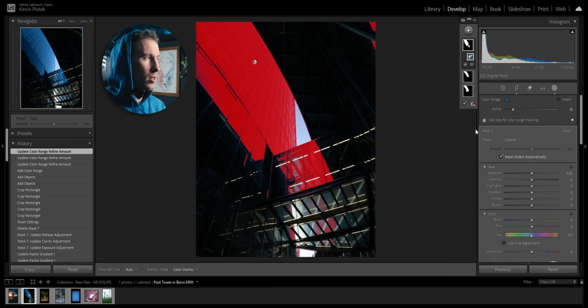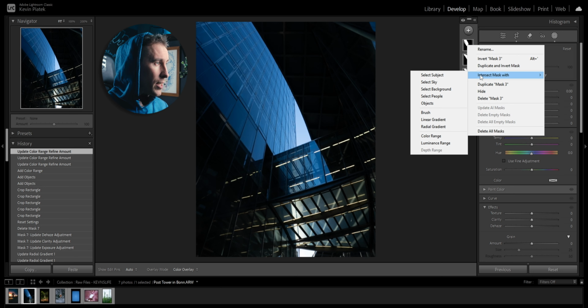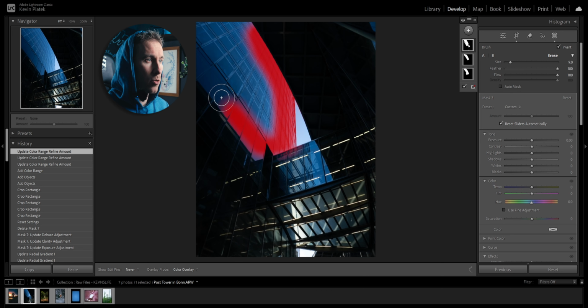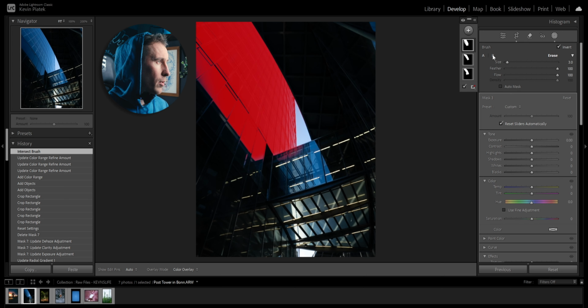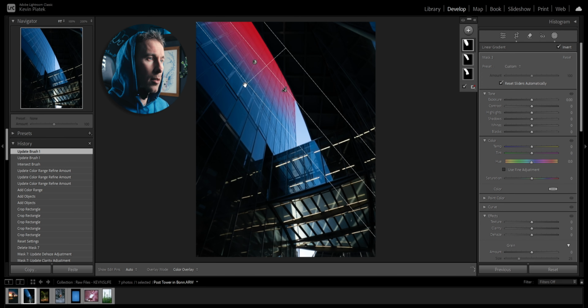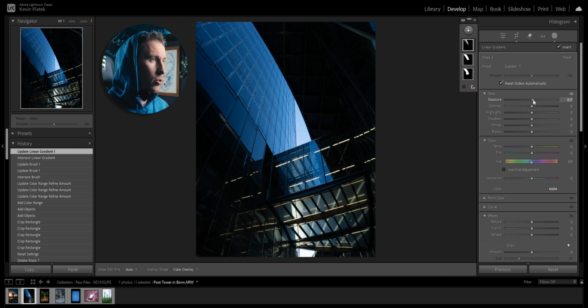Okay, that's good. And now quick tip, you can right click on any mask that you have created and intersect it with, for example, a brush or linear gradient. The way I edit my images, as you know me, I'm gonna intersect this mask with a brush. Now I'm brushing in the parts that I want the mask to be applied at, and I'm gonna erase some parts here. I'm just cleaning it up basically, and now I'm gonna intersect it again with a linear gradient coming from the top to the bottom, increasing the exposure and the